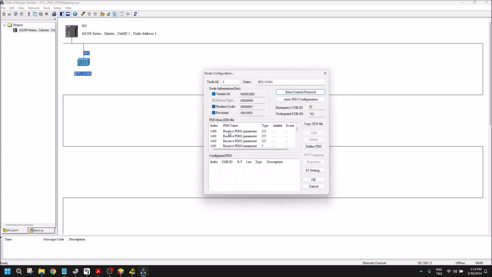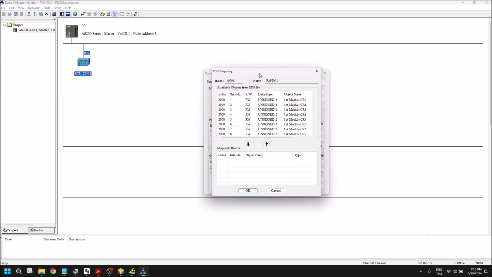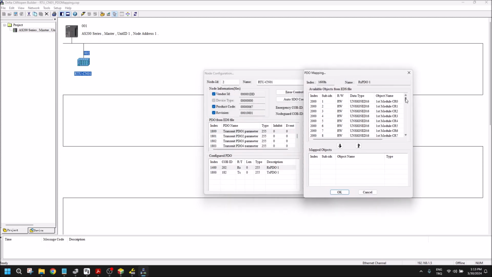Then we will add here receive PDO and transmit PDO. We will double click it here. For this example, I am using only digital I/O. So let's add here. I will also show you how we can control its control word from CANopen. So let's add this and then